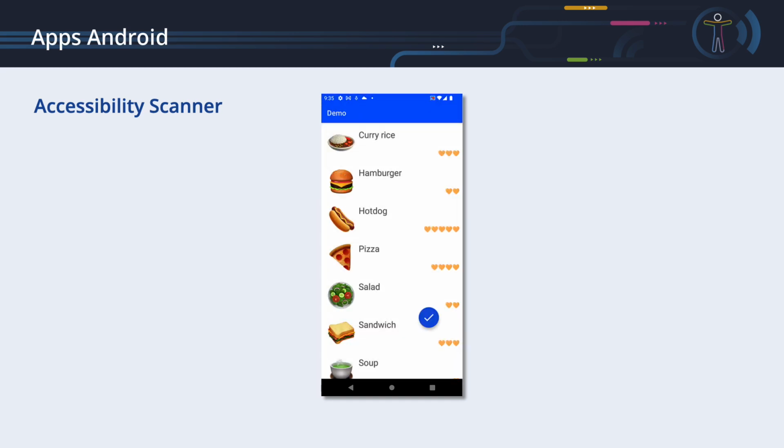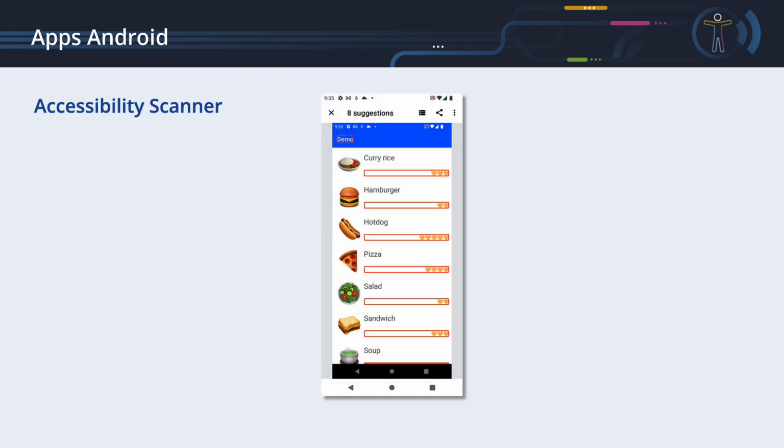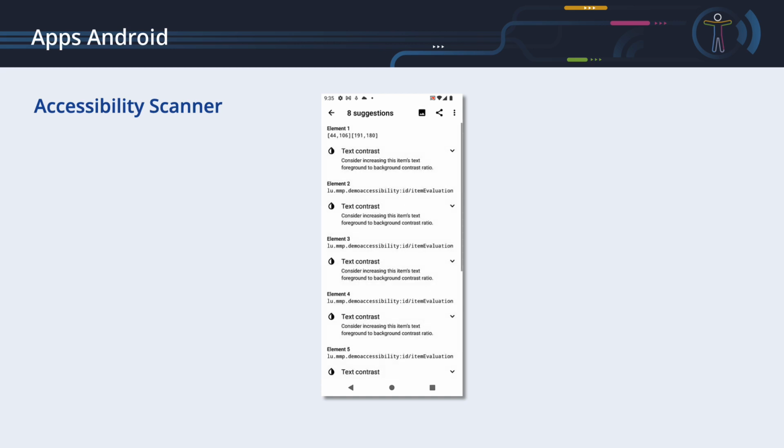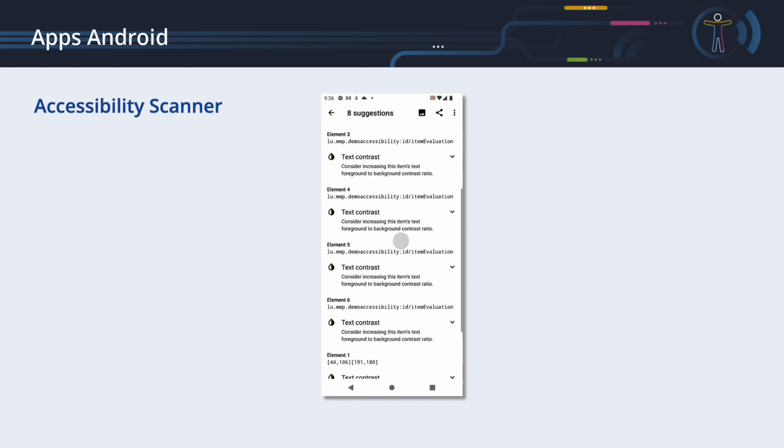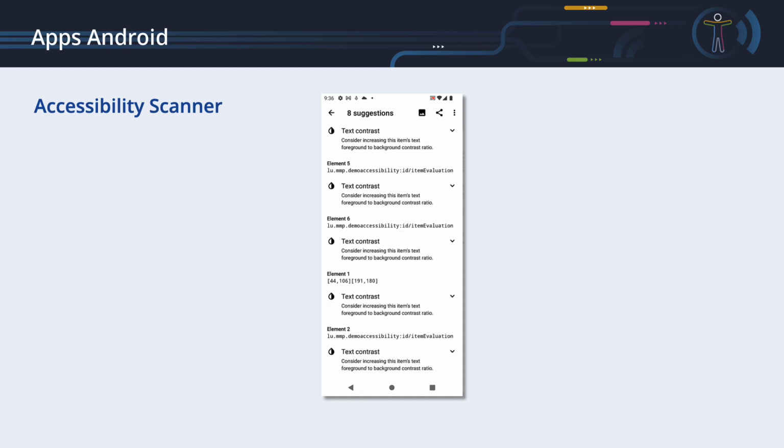To move the Accessibility Scanner button to another area of the screen, you can long press on it and drag it. Tap on the Accessibility Scanner button to launch the scan. Once confirmed, Accessibility Scanner can examine the user interface of your screen to perform a quick audit for accessibility and prepare suggestions for accessibility-related improvements. Accessibility Scanner highlights the views that may have accessibility issues and offers suggestions on how you can fix those issues.